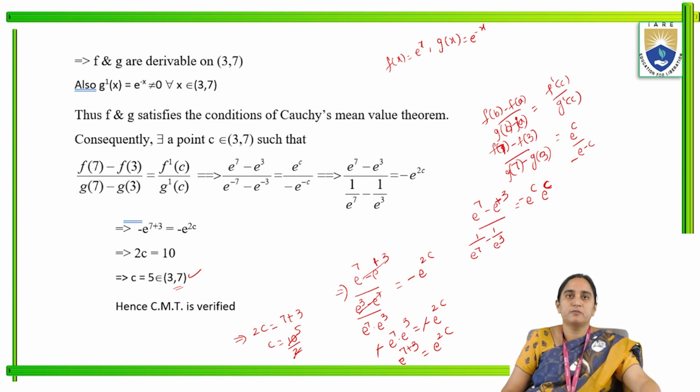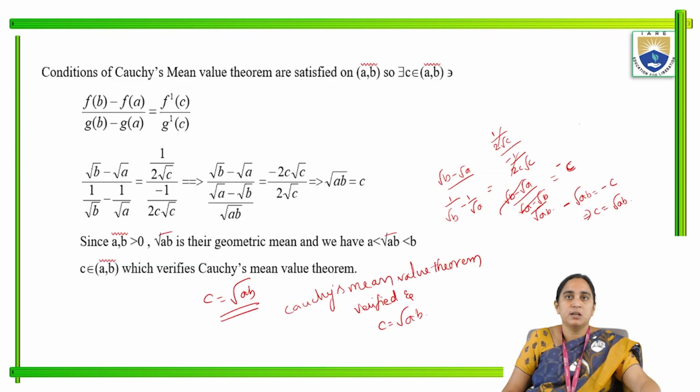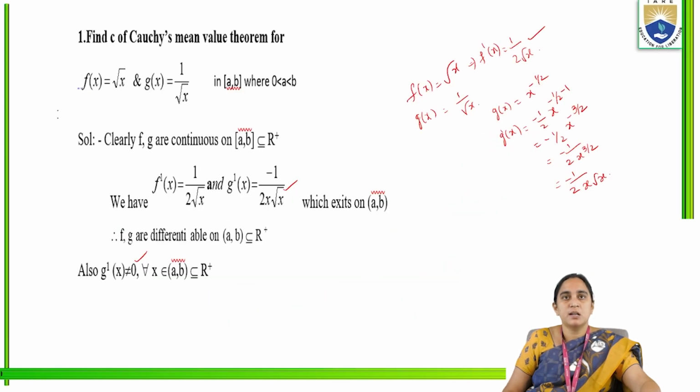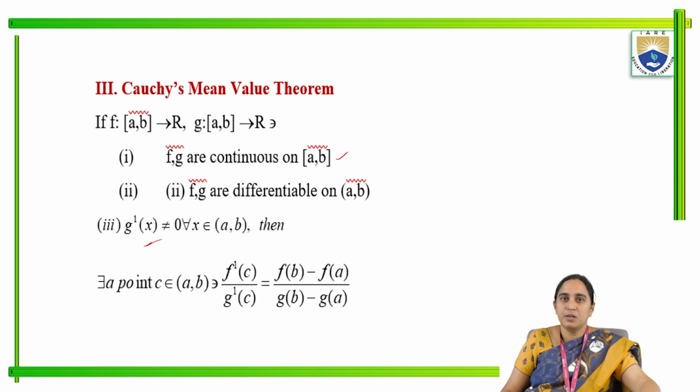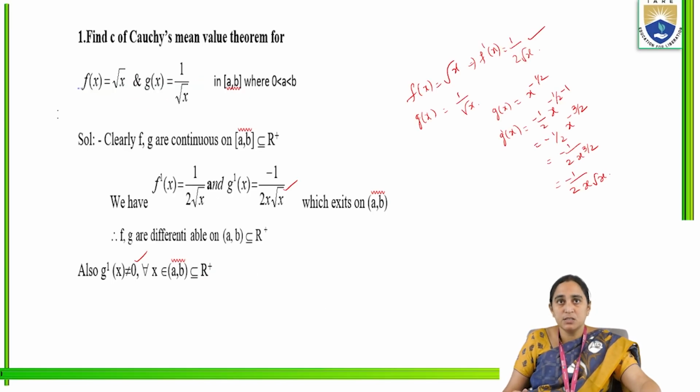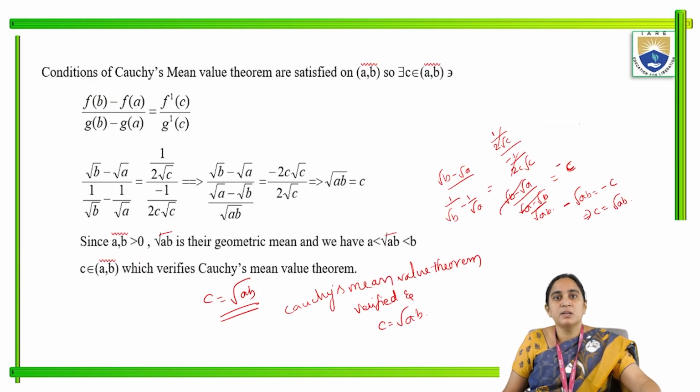This is the concept of Cauchy's mean value theorem. Once again I'll repeat. Here the function is continuous and the function is differentiable and g dash of x is not equal to 0, and there exists c belongs to (a, b) such that f dash of c by g dash of c is equal to f of b minus f of a by g of b minus g of a. From that we proved two questions. First one is f of x is equal to root x and the second function is 1 by root x. So from that we get c value